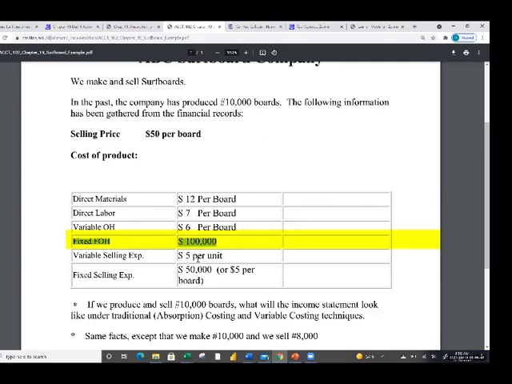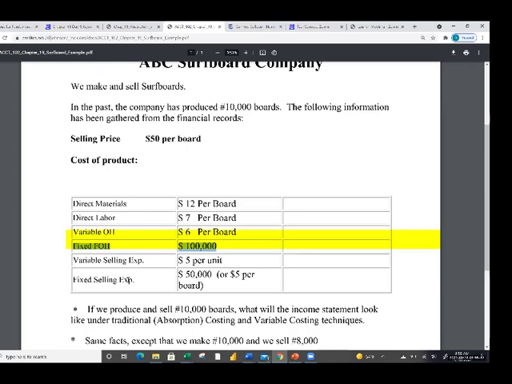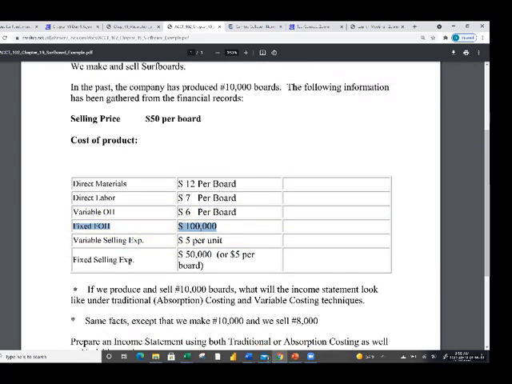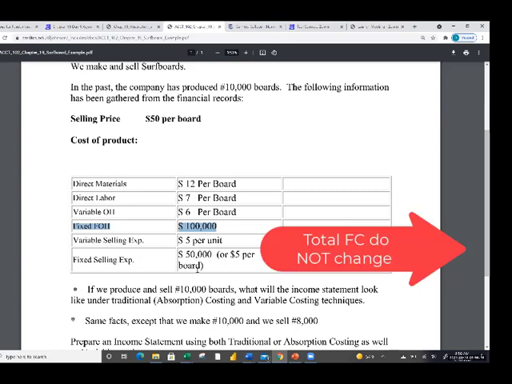Okay, the variable selling cost, that might be a commission or something, is $5 a unit. And then they have fixed selling expenses. Remember the definition of a fixed cost? It's a cost that doesn't change no matter how many units over the relevant range are produced. So that 50,000, think of that as a salary of some sort. Doesn't matter how many units we produce, the fixed selling expenses, if they're truly fixed, are going to be 50,000